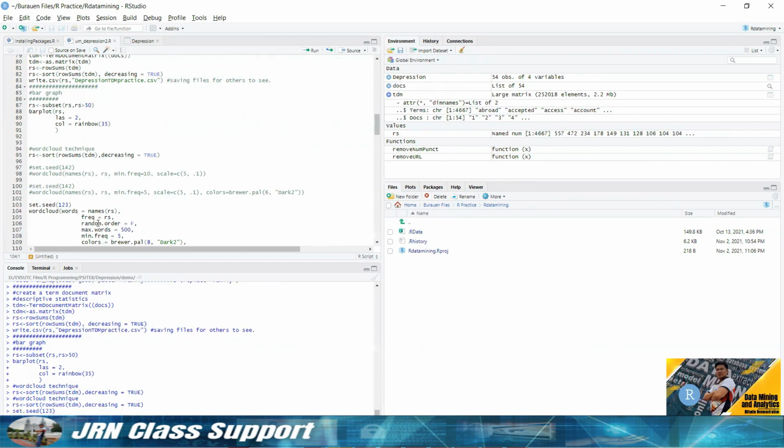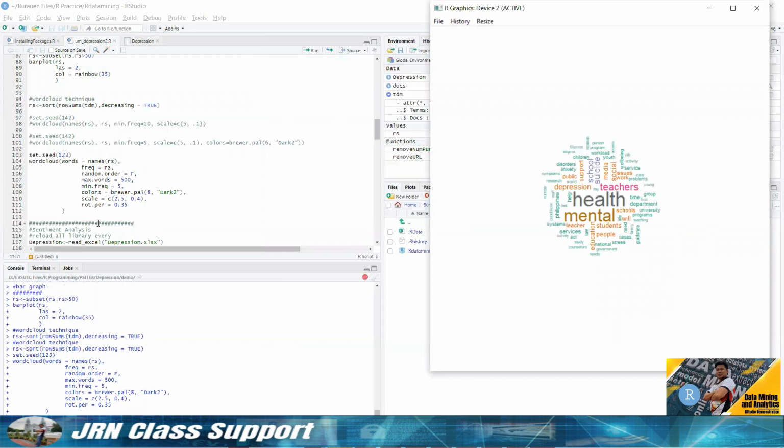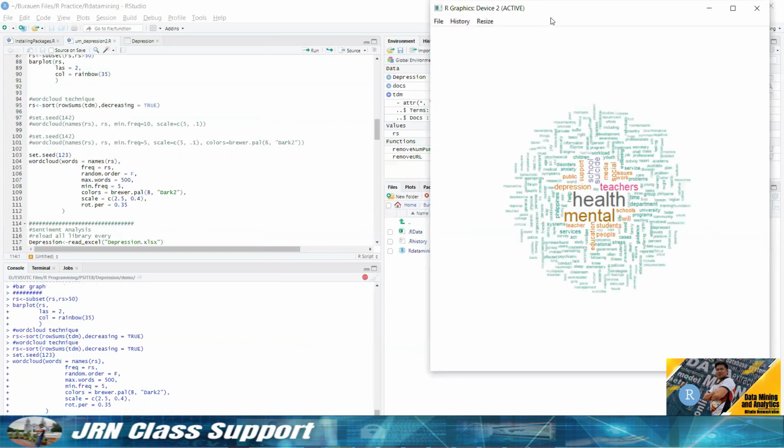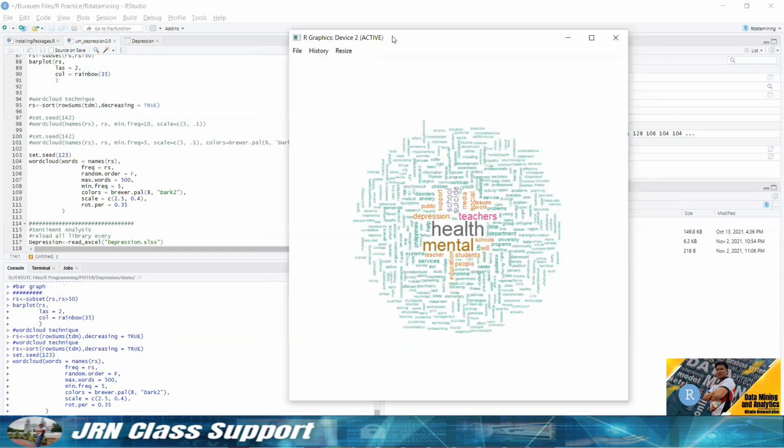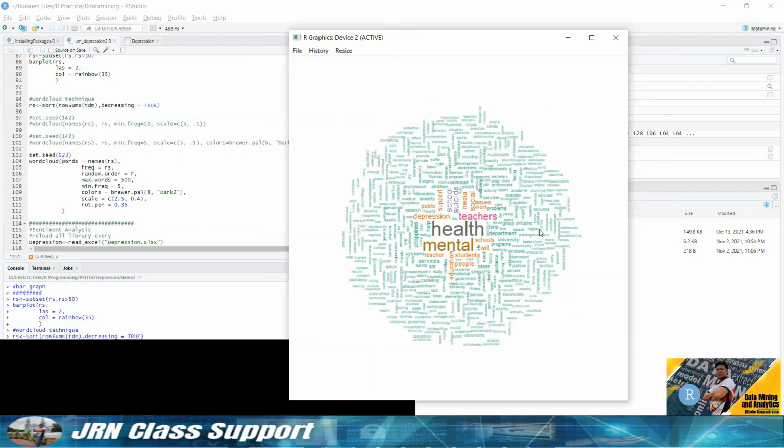So let's see the wordcloud. It will take about a minute. Okay, so by utilizing a wordcloud, you will notice that the centermost part of the wordcloud corresponds to the frequency of our term document matrix. You will notice here that it indicates mental health, the teachers, the students, education,